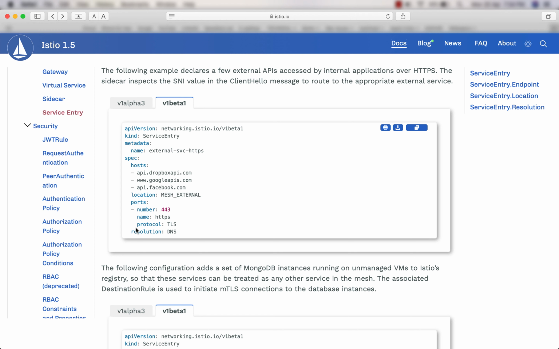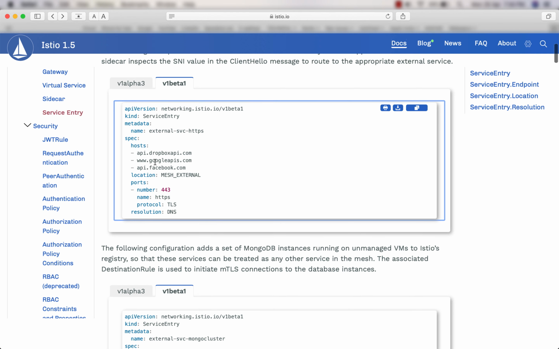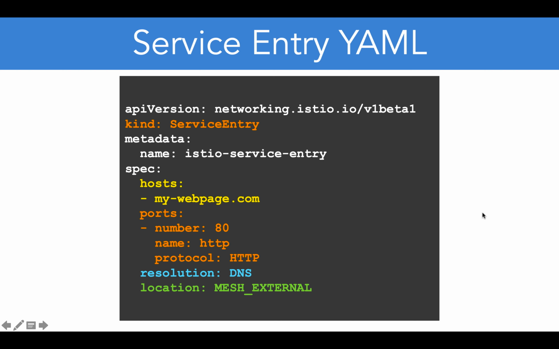Now notice that the port number is 443, and as it is SSL over HTTP, you have to mention the protocol to be TLS, and resolution is DNS because all these are DNS names. So that's how a service entry YAML looks like. Now let us proceed with the demo.